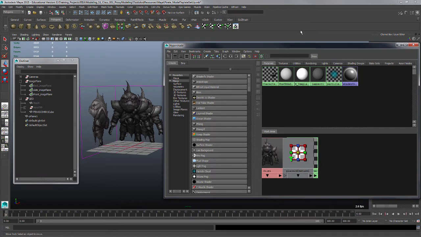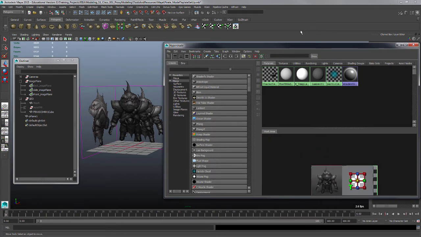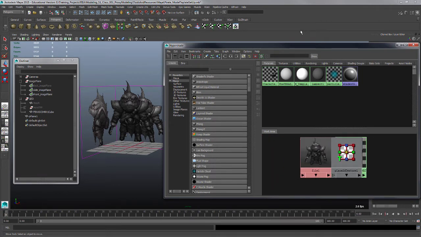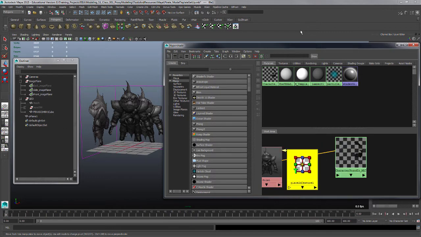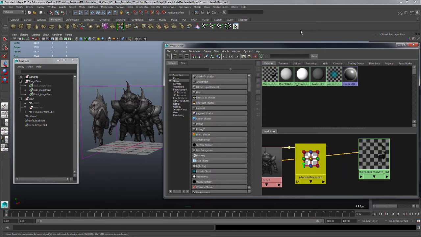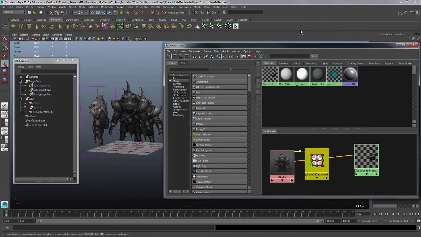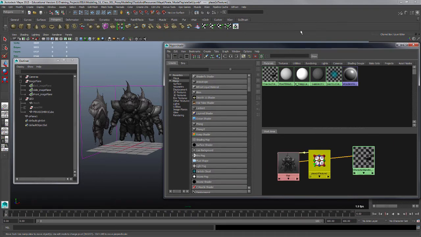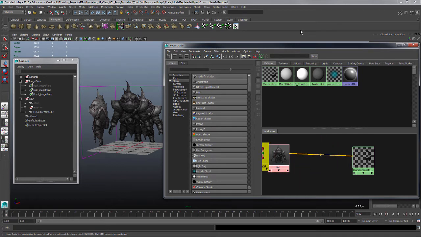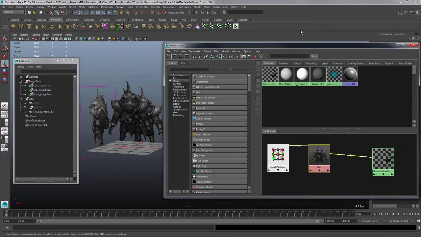So we middle mouse drag, holding down Alt in here, and this can pan things around. If you just click and drag, you can move this stuff around in here, and you can hold down Alt and right mouse click and drag up and down, and that's going to zoom in and out for this area. So you can see if we arrange these things the right way, it's got this 2D texture placement node on